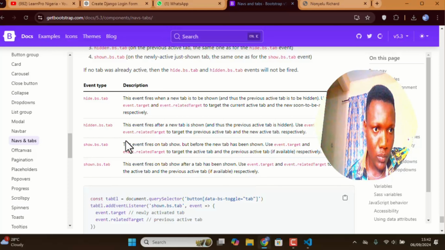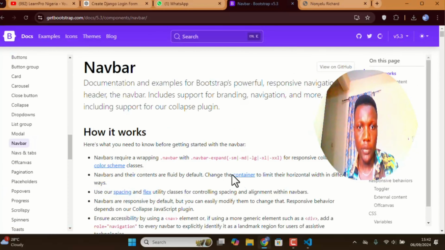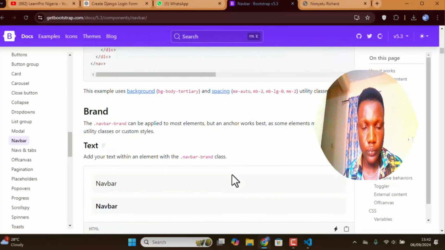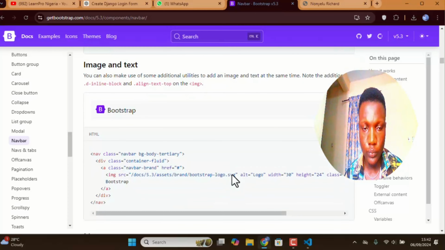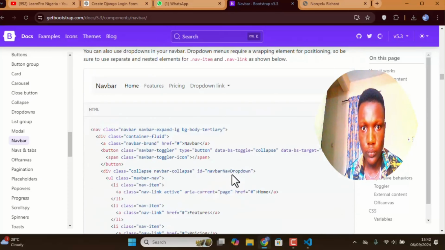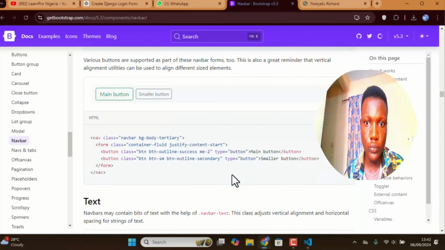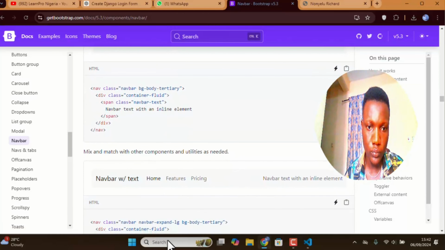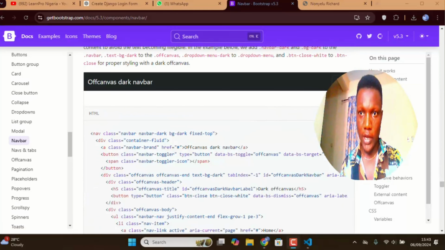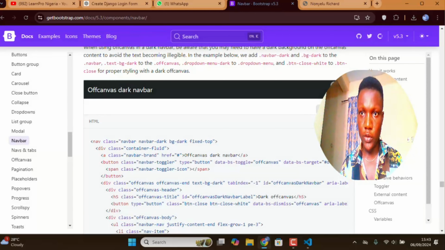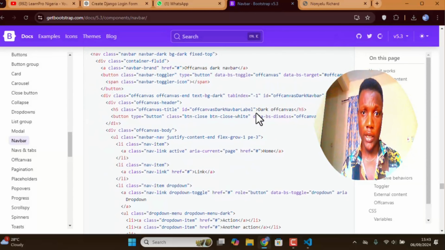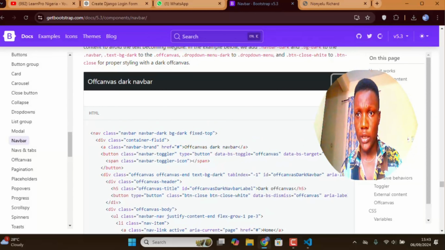Let's try navbar. All right, so this is off canvas navbar. If you click on it here, you'll see the behavior. So this is what we call off canvas, and this is the code that gives us the off canvas. And I'm going to click on this to copy it. I'll take it to my